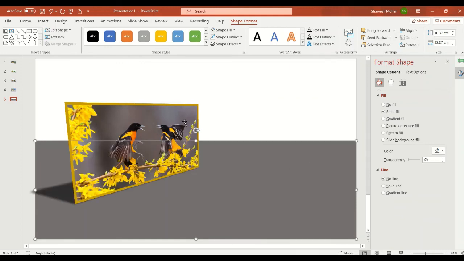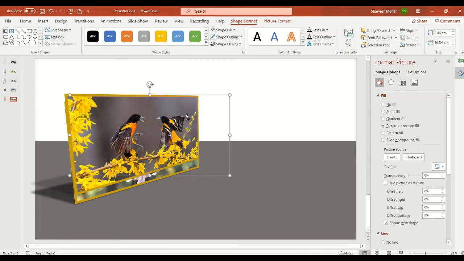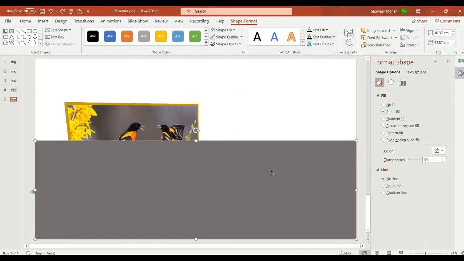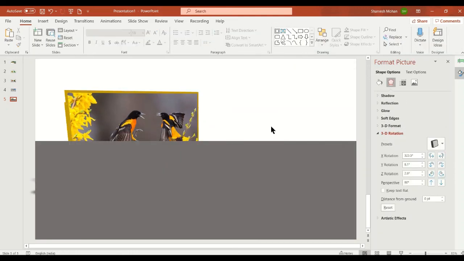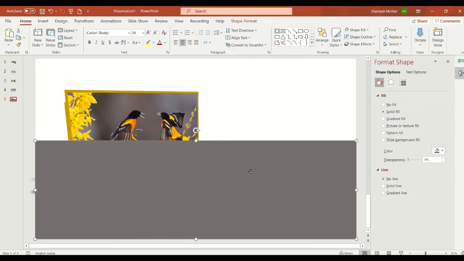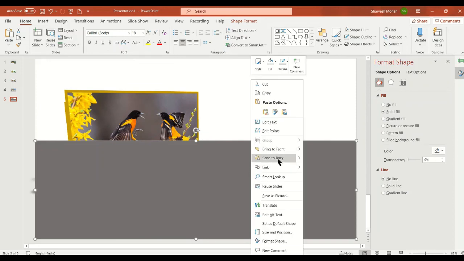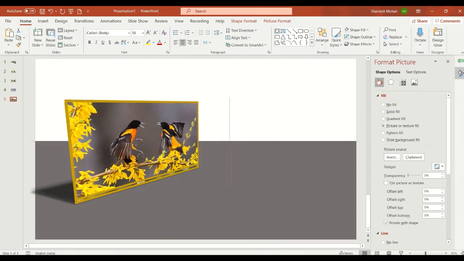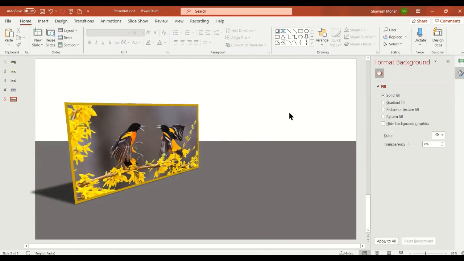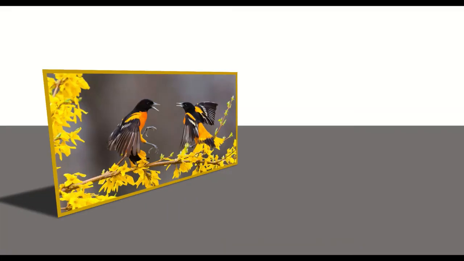So this is the photo frame effect we have created.